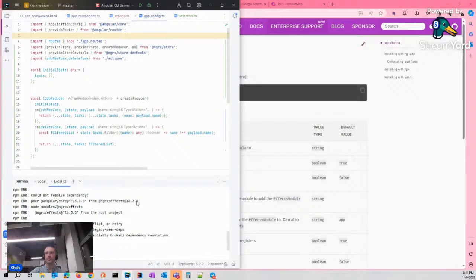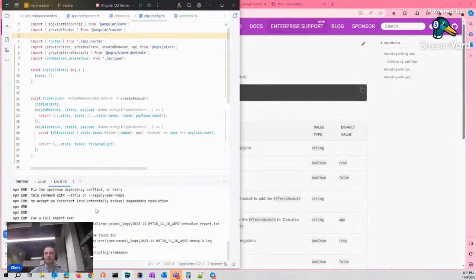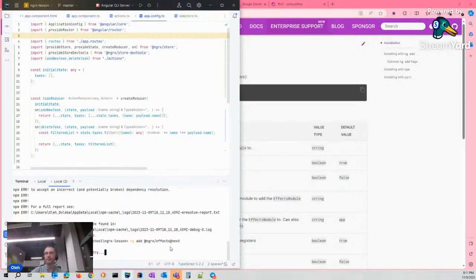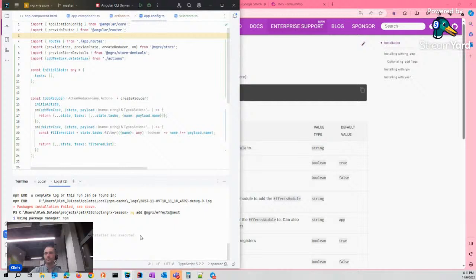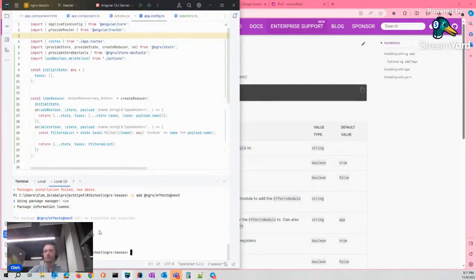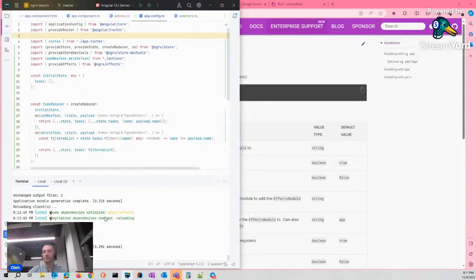My version doesn't match the expectation, and I have to use not latest but the next version of the effects. Installed. Let's rerun the application.